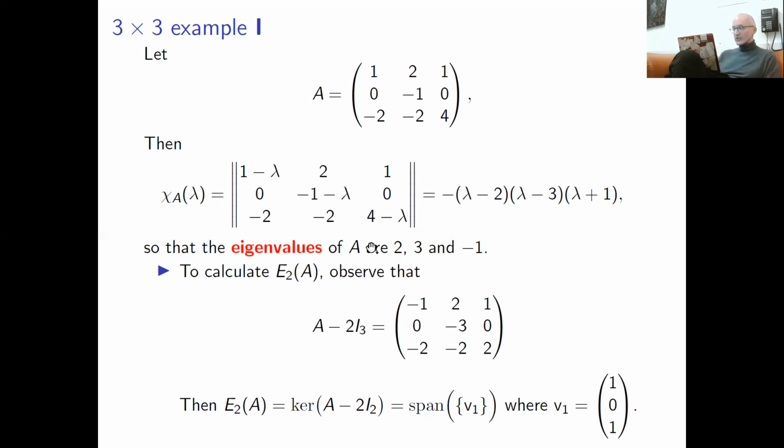Yeah, we already know this because of the theorem on the previous slides, that if you have an eigenvalue, by definition there is a non-zero eigenvector. All eigenvectors are non-zero by definition.